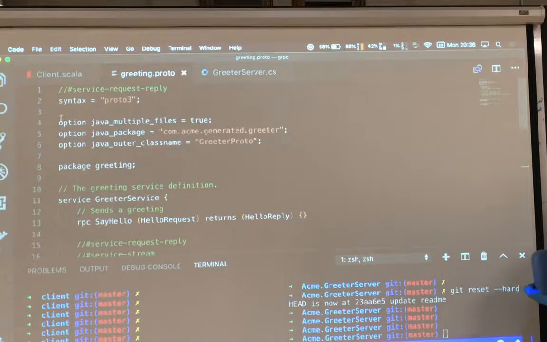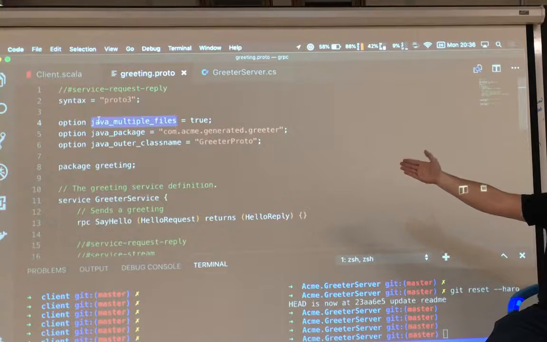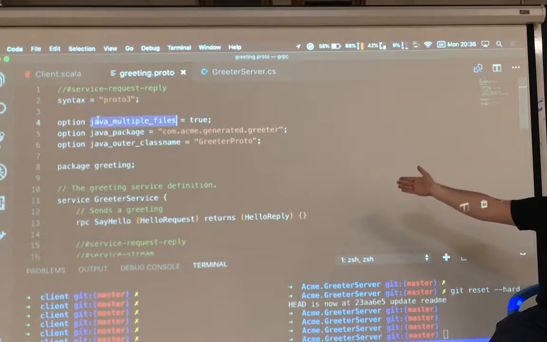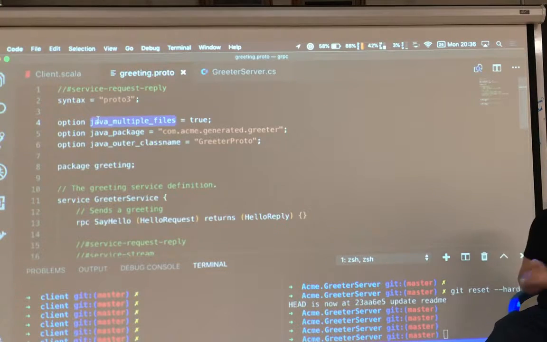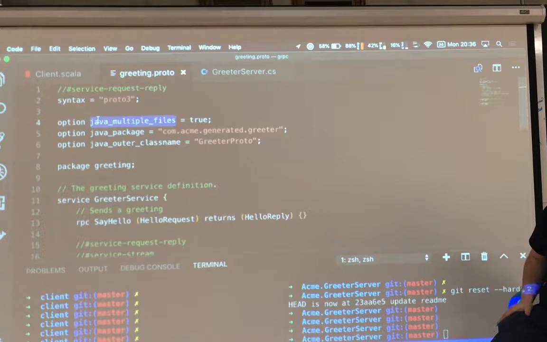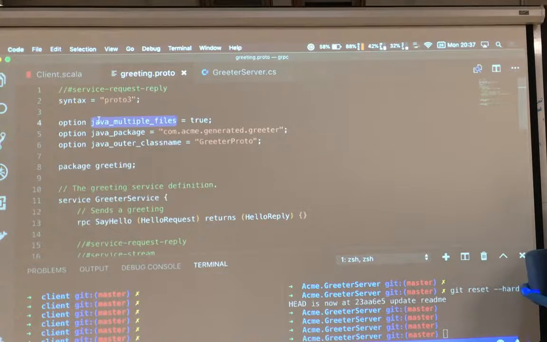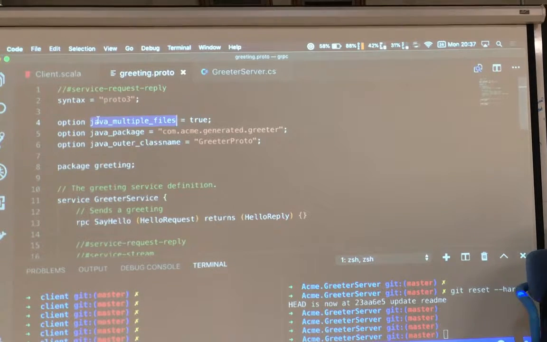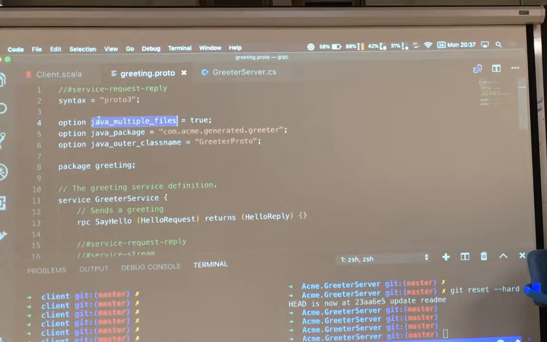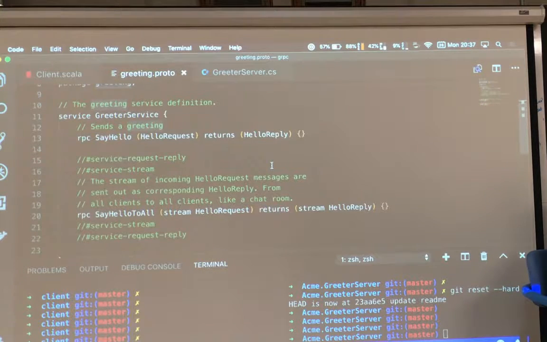For example, a bit of a tell is that you have keywords for Java and there are some C++ ones and things that they couldn't quite work out how to do in a common way. They've just hacked in some bit of property setting, which is all right. I mean, it's a bit of a smell, but maybe with enough time and enough engineering effort, the Google guys will sort that out eventually. But you get a namespace as you would expect, or a package, depending on your language and preferred use of the word, and you define a service.